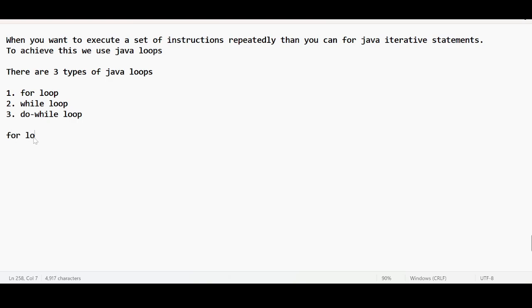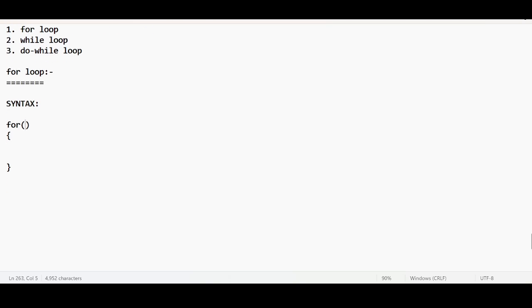So what is the for loop? Let me help you with the syntax. The syntax of the for loop is going to be very clear. You use the for keyword. This for keyword will accept 3 expressions. So there will be expression 1, followed by expression 2, and expression 3. I will tell you what these expressions 1, 2 and 3 are. Inside this is the body of the for loop. Inside this you can have